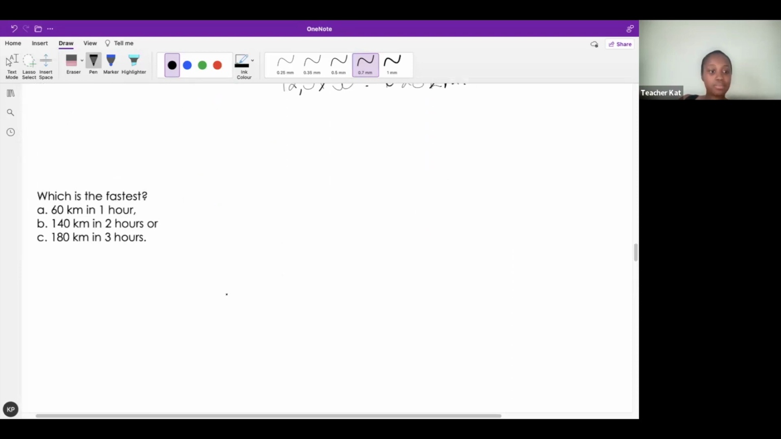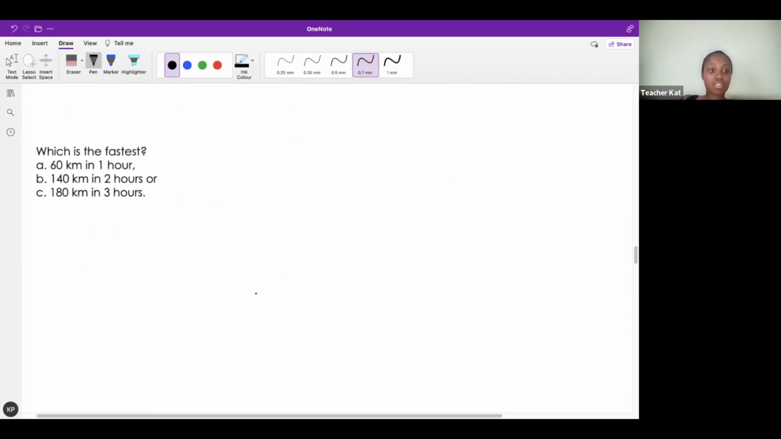All right, which is the fastest car? Okay, we have A, which is traveling at 60 kilometers an hour. So A, I don't have to do anything with A. I just have to rewrite it. This is 60 for 1 hour. Okay. For B, how far do we travel for 1 hour? Let's find the unit rates for everyone. This one is 140 kilometers